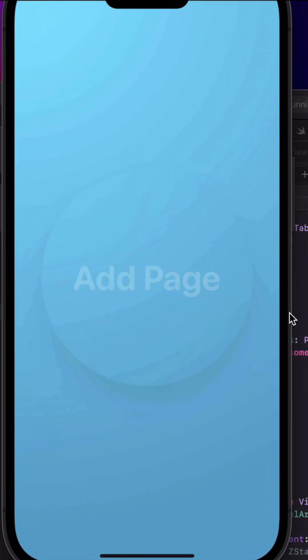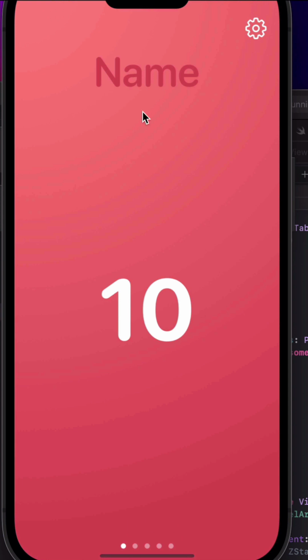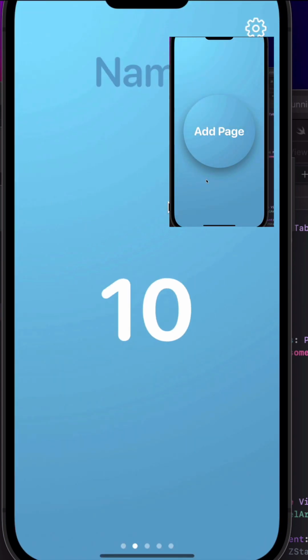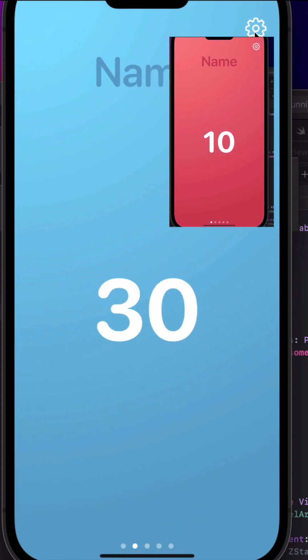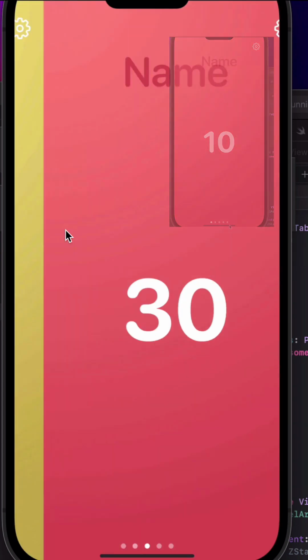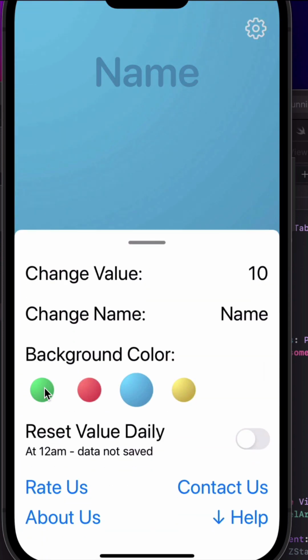The only issue is that when I open my app, it's starting out on this add page screen, if you noticed, and it's not letting the user access the other pages until they add another page every time they open the app. So this is definitely another error that we have to debug,